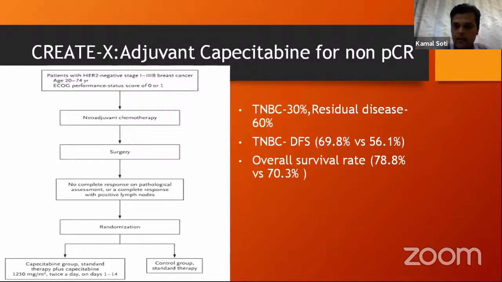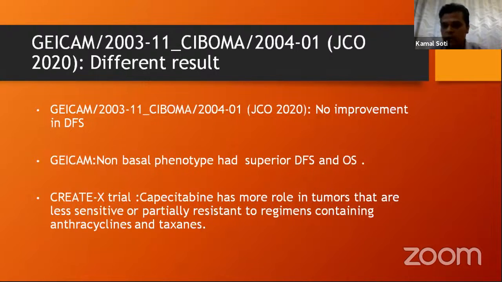But yet another study was published in a next journal, JCO in 2020, which also studied giving adjuvant capecitabine in operable triple negative breast carcinoma. These patients also had received neoadjuvant therapy followed by surgery, then capecitabine, but it didn't show any improvement in disease-free survival. However, since it was done in triple negative breast carcinoma, it is a very heterogeneous group. They found out that in a small subtype, that is the non-basal phenotype, it of course had superior disease-free survival and OS